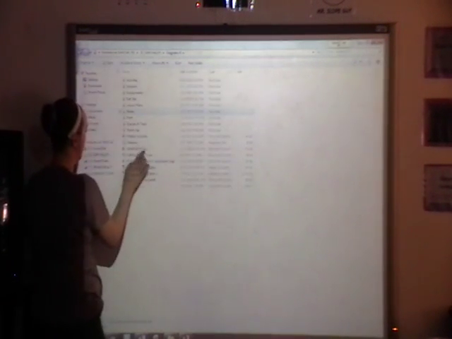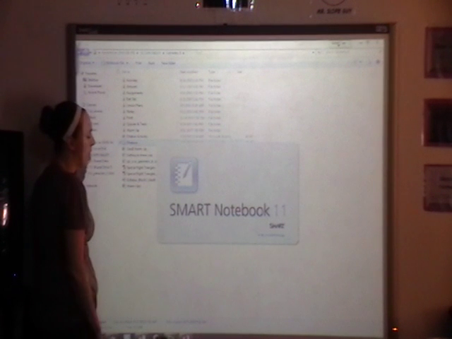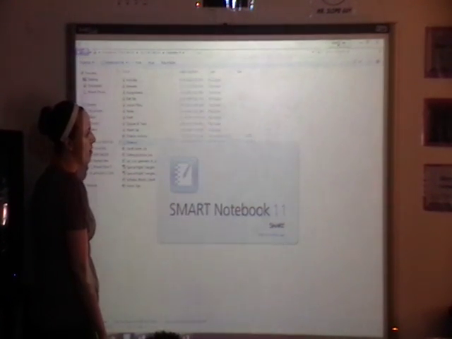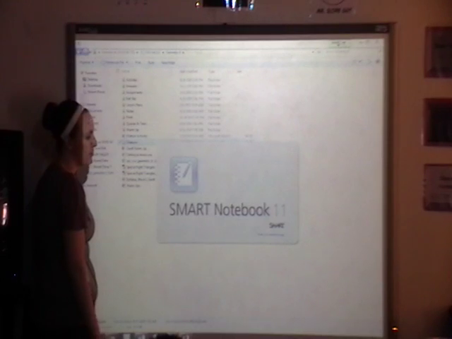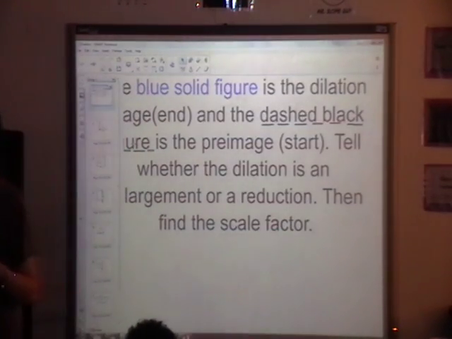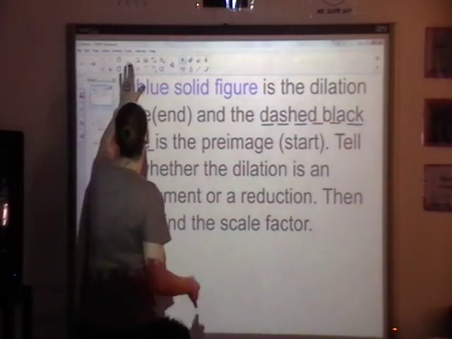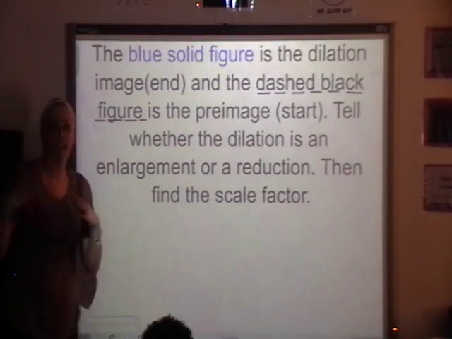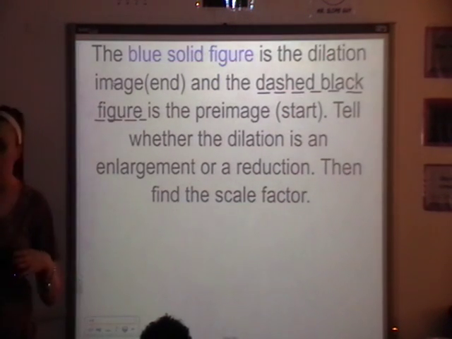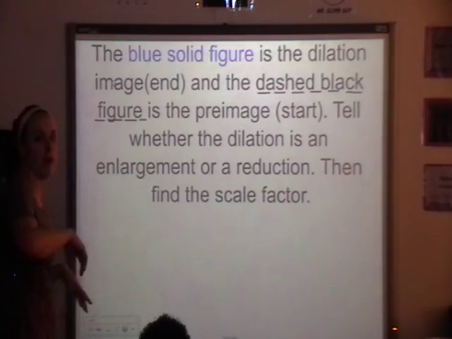This is like the worst topic to start with, but it's okay. We're going to make it through. There's a lot of hand holding in this topic. The practice today is kind of hard to understand. So I want to give you a little bit more examples practicing finding scale factor given 2 images based on the directions that you would see in practice. So here's practice. It says the blue solid, a solid line,